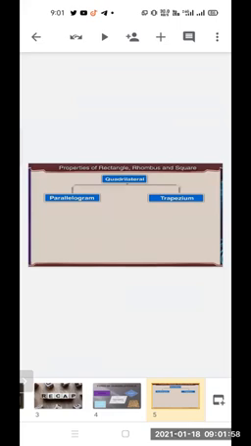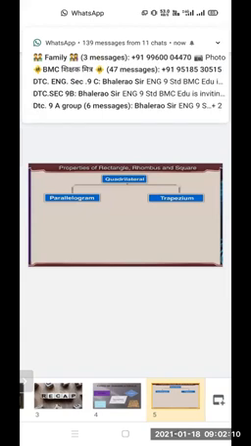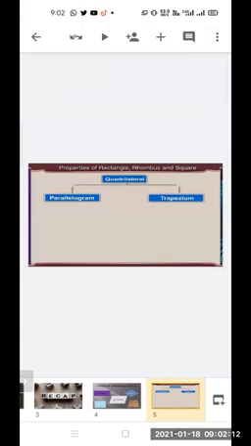So after that, another form of quadrilateral we have studied, that is trapezium. Okay. So what is trapezium? So we have studied two forms of quadrilateral. First is parallelogram. In that we have discussed rectangle, square, and rhombus. And we have studied the properties of rectangle, rhombus, and square. The second form of quadrilateral we have studied is trapezium. Okay. So what is the definition of trapezium?